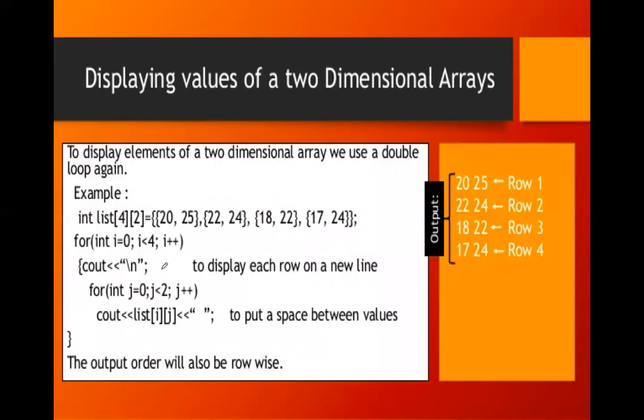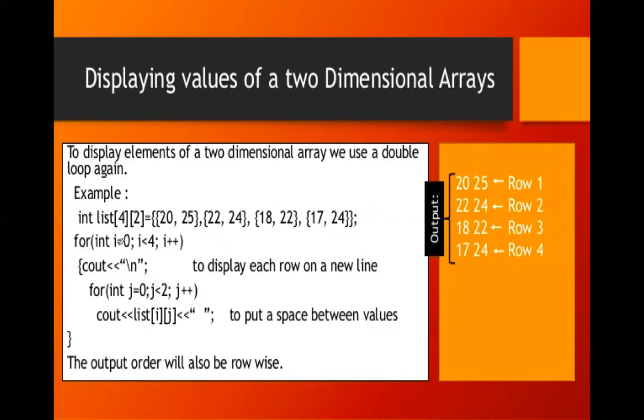Okay, so here next we will see displaying the values of an array. In C++ language, how can we display the values of an array? This is like traversing, like for int 0 to 4. Suppose here I have taken 4 as the row and 2 as the column. So here we need to take two variables, two loops, i for the row and j for the column, that is 4 by 2.